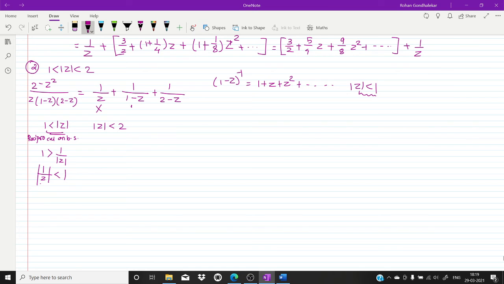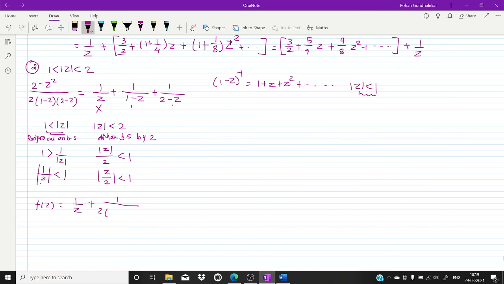Now go with the second region, mod z less than 2, divide both sides by 2. So this gives me mod z upon 2 is less than 1. So what I am getting, z by 2 is less than 1. Now z by 2 is manageable in the third term. Clear? So hence f of z is equal to 1 upon z plus, now here I am taking z as